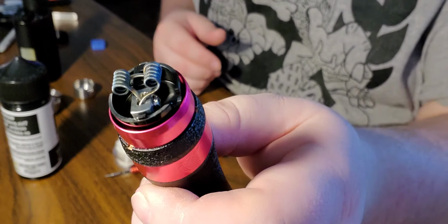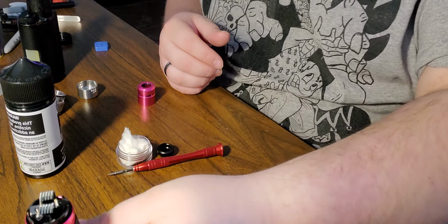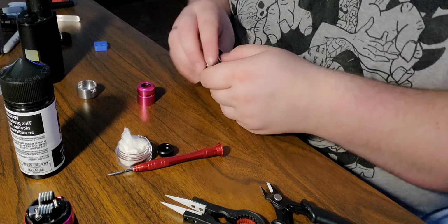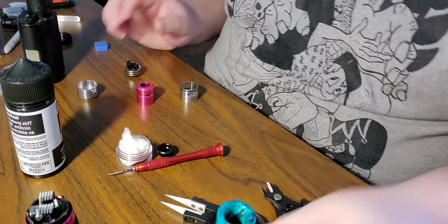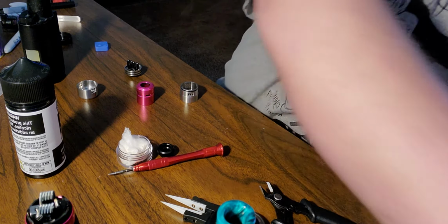They've all been glowed evenly. The hot spots are out. I'll let it rest for a minute, then we'll wick it and we will get it vaping and we'll see how she works. In the meantime, I'm gonna